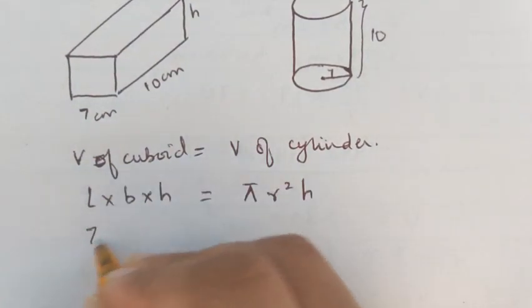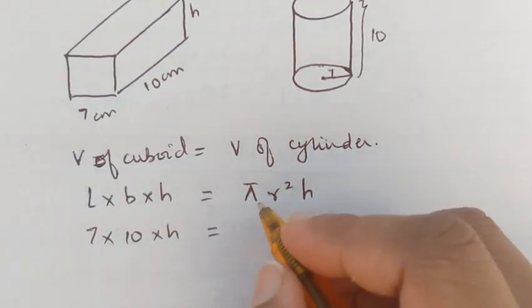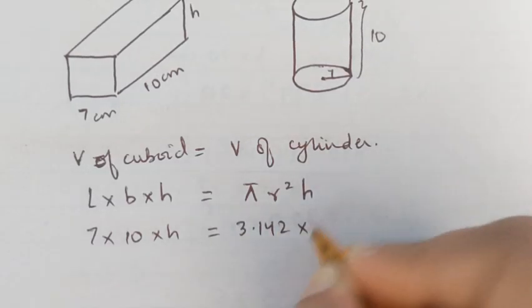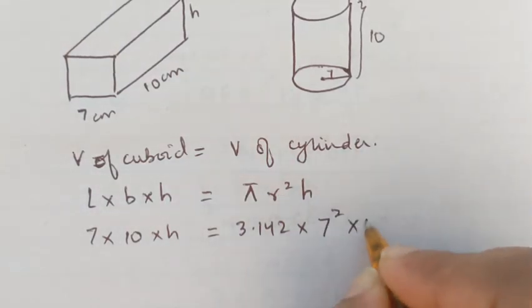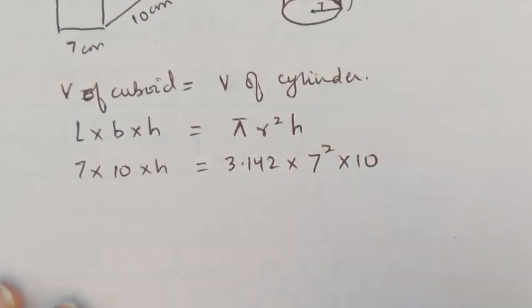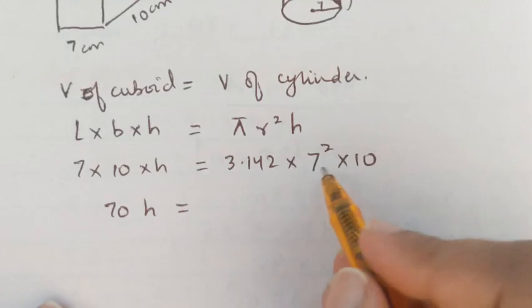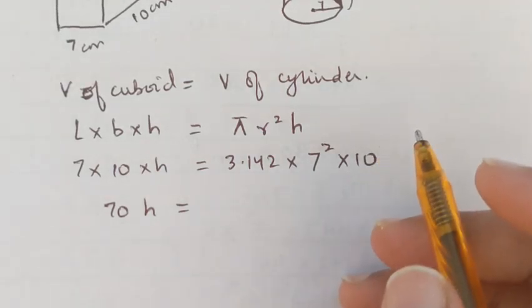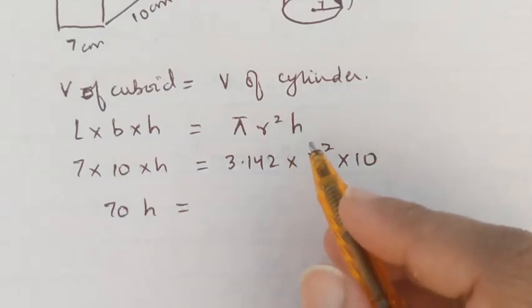The length is 7, the breadth is 10, and the height is missing. Here the value of pi, they are saying take the value of pi as 3.142. Multiply by radius, the radius is given as 7, so let's write 7 square, and the height is 10. So when we multiply 7 with 10, we'll get 70h here, and here 7 sevens are 49. 49 multiplied by 10 is equal to 490, and 490 multiplied by 3.142 is equal to